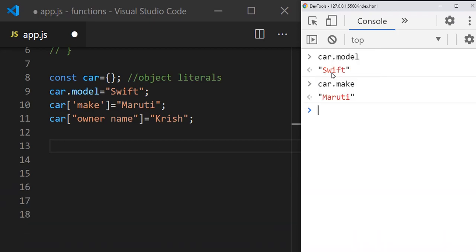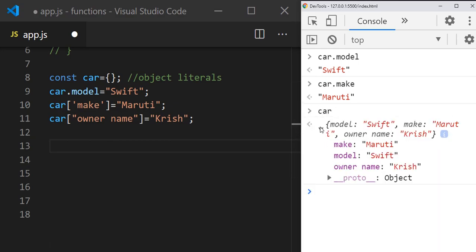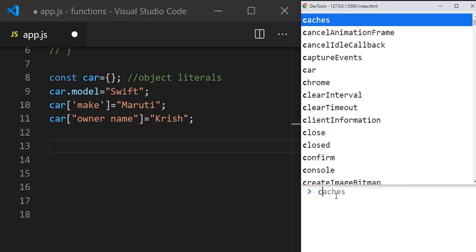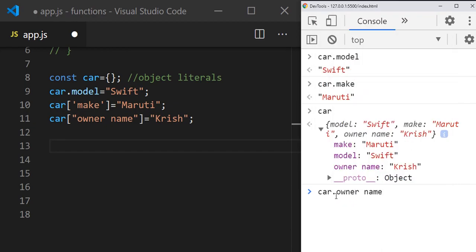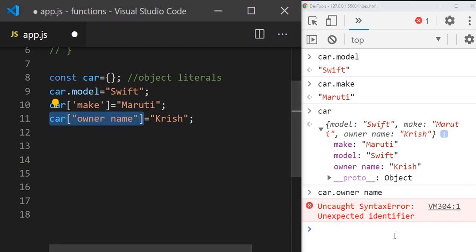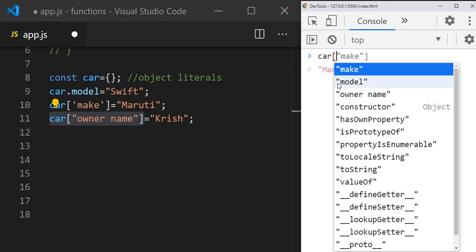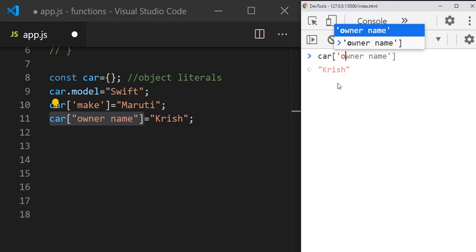But whenever you want to access the owner name, even though we have it when we print car, if you write car.owner name, it will give an error because it cannot recognize it. In that case, the same way you added the property, you need to retrieve it: car, brackets, owner name.